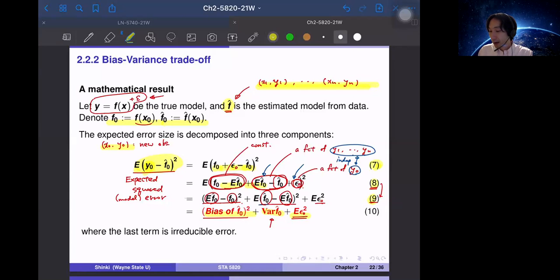So maybe I just repeat a little bit. Basically this is the expected squared error, and we would like to decompose it into 3 parts: the square of bias, the variance, and the irreducible error. This is done by the equations 7, 8, 9. At first, y naught is equal to f naught plus epsilon naught, and the f hat is just as is. Then we put negative expectation of f hat and positive expectation of f hat. And the point is that these 3 terms are independent. So if independent, the expectation of, for example, x plus y plus z